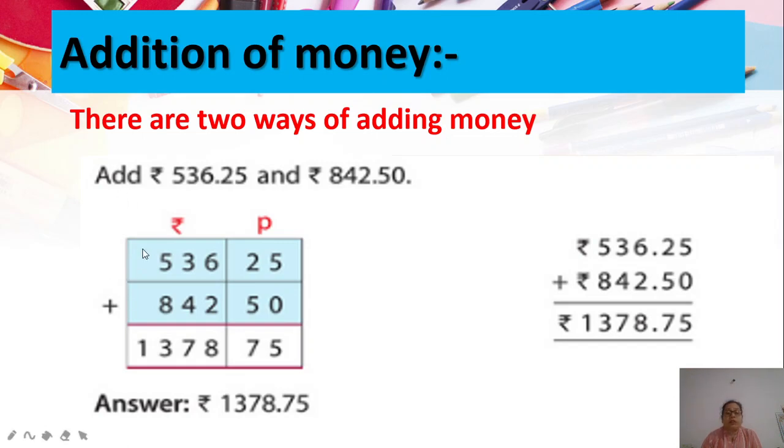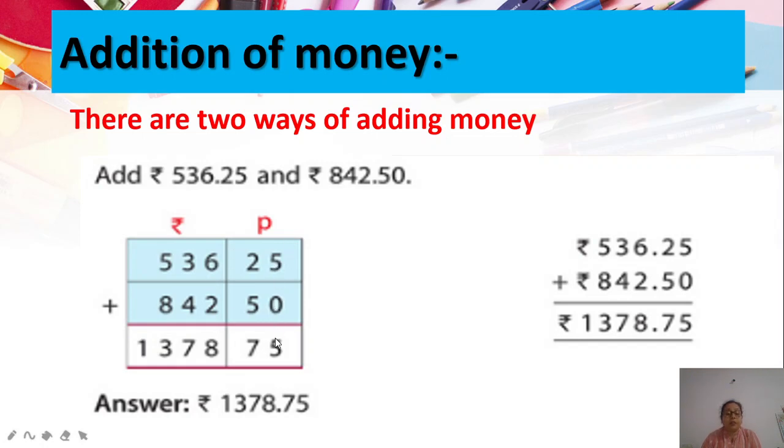First way: you can make separate boxes for rupees and paise. Then arrange paise in the paise column, arrange rupees in the rupees column, and do the addition. Or you can write using the dot. But when you are doing addition using the dot, you have to be accurate, the dots should be below one another. The answer will be the same. You can see here we have arranged in the paise column, then we can do the addition.